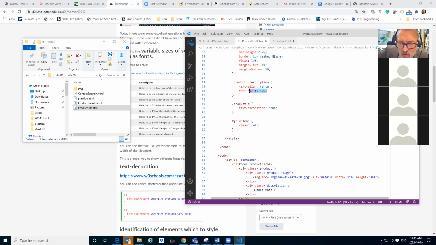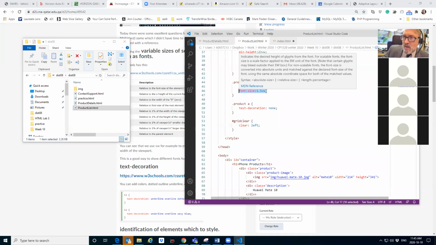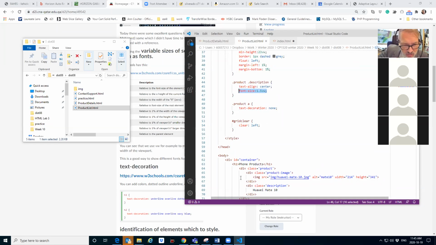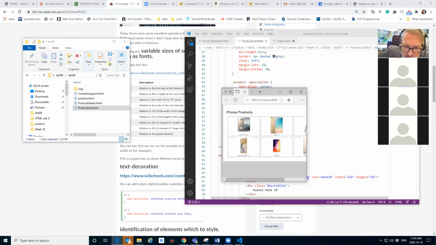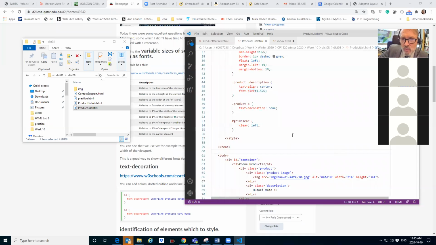In the description, we make the font size 1.5% of the width of the container of what it's in. And so that's why, and sorry, I know I'm repeating myself, just look at the font, see how small it is there. And as we make the window bigger, the actual font size changes. That's done by making the font a percentage of the width of the container in which it sits. Instead of saying the font is so many pixels, we say it's a percentage of the width of the window in which it sits. I think that's kind of about it for what we wanted to